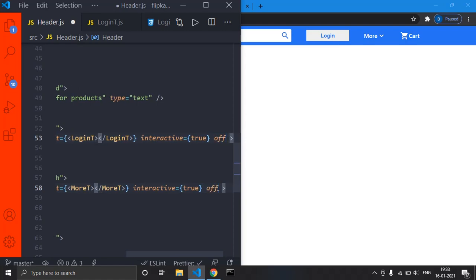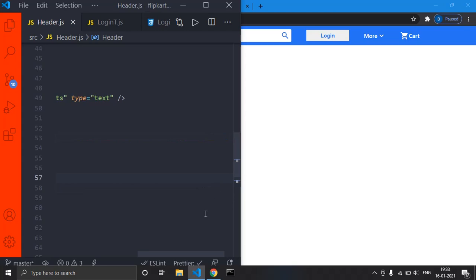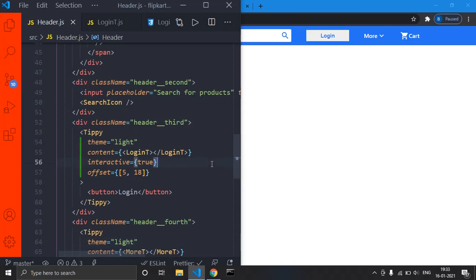It also accepts another prop called offset, in curly braces. And what I will do is 5, 18. This is the value I want to give, so that I will make that tooltip somewhat far away.